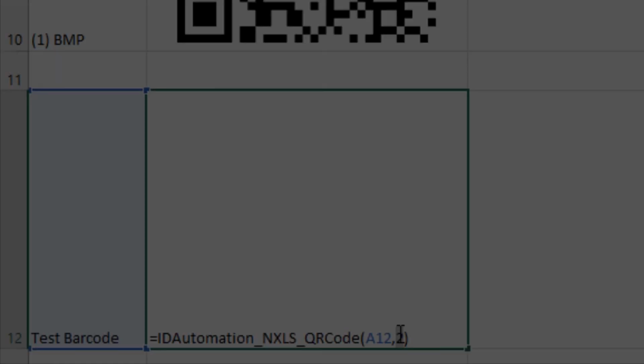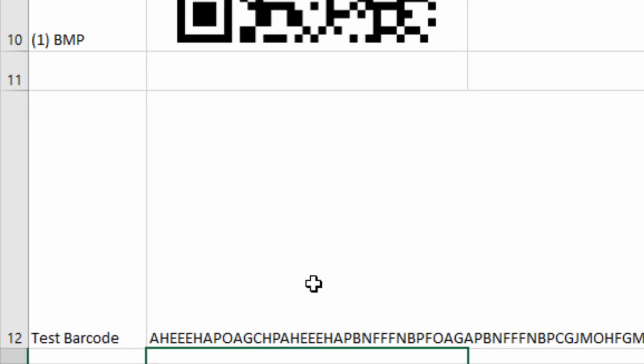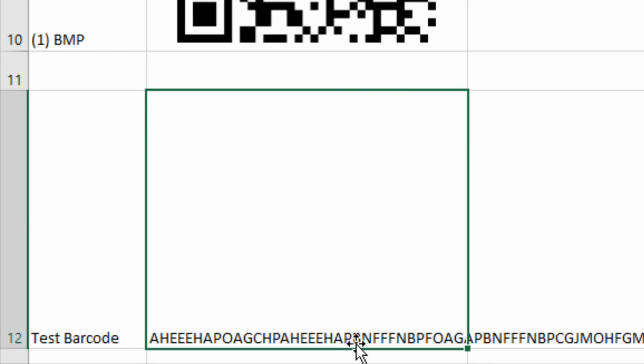Set the parameter to 3 to encode the data for the IDAutomation 2D barcode font. The font is included in the package and requires manual installation on the operating system to access the font in